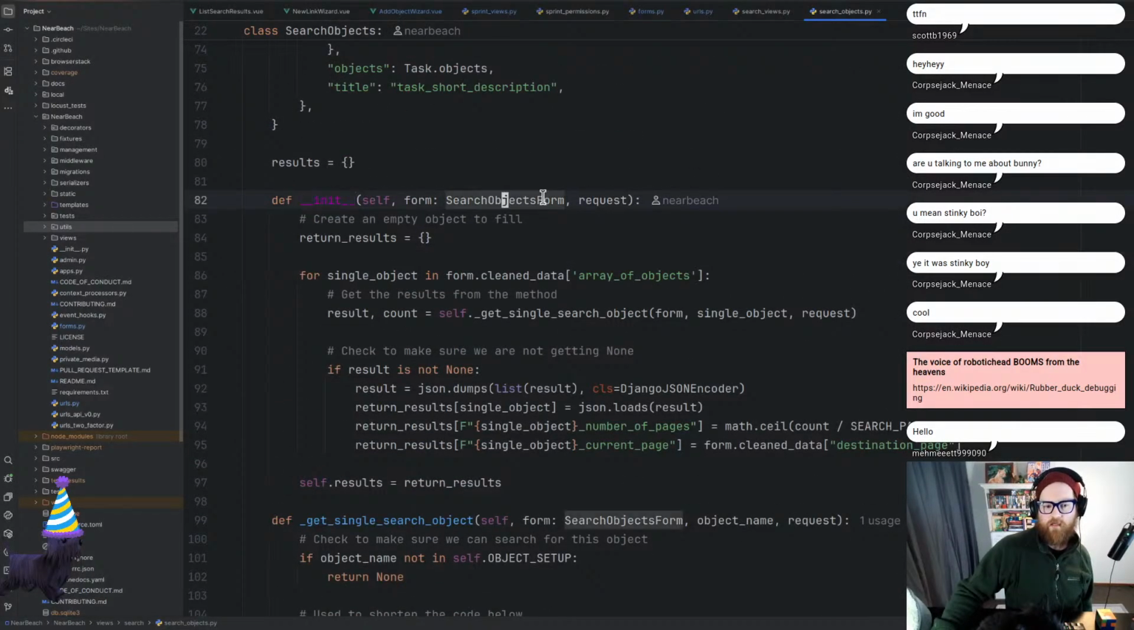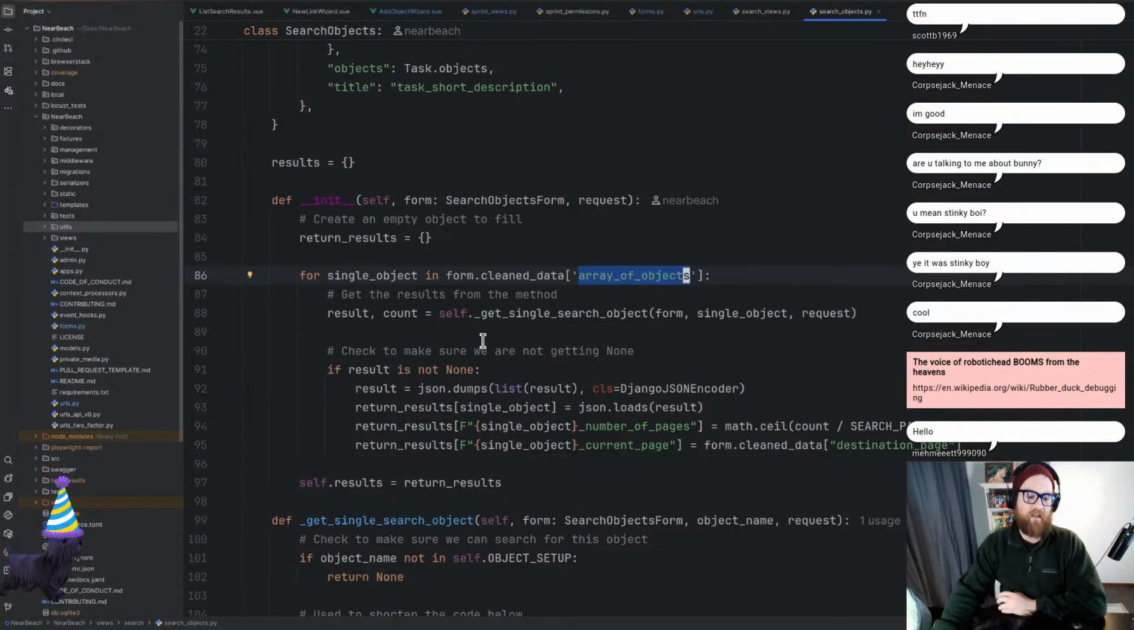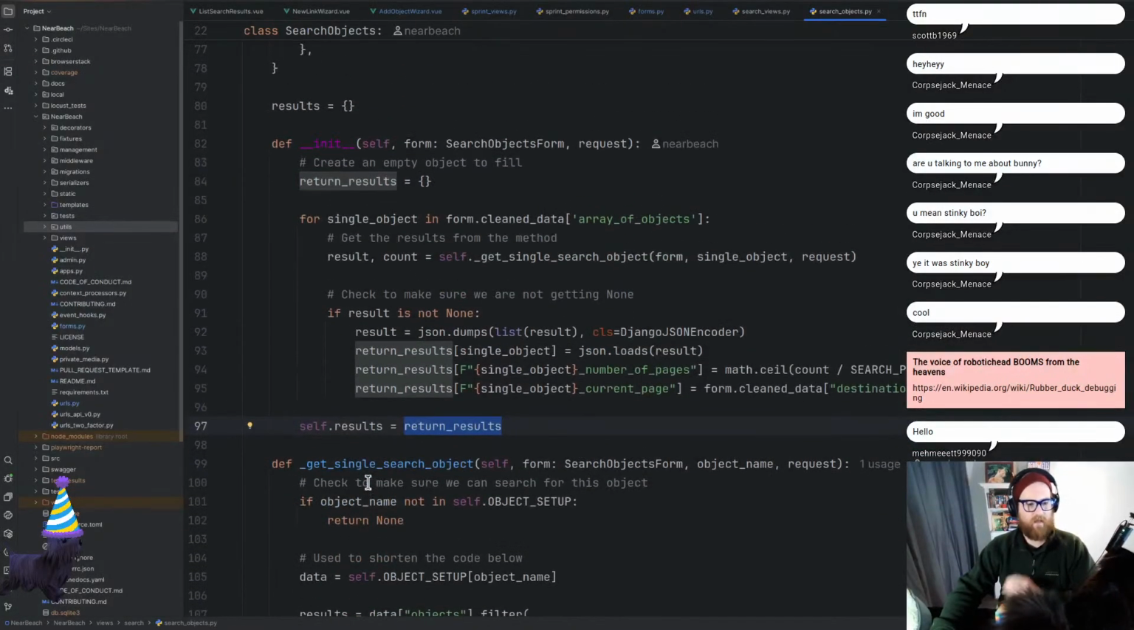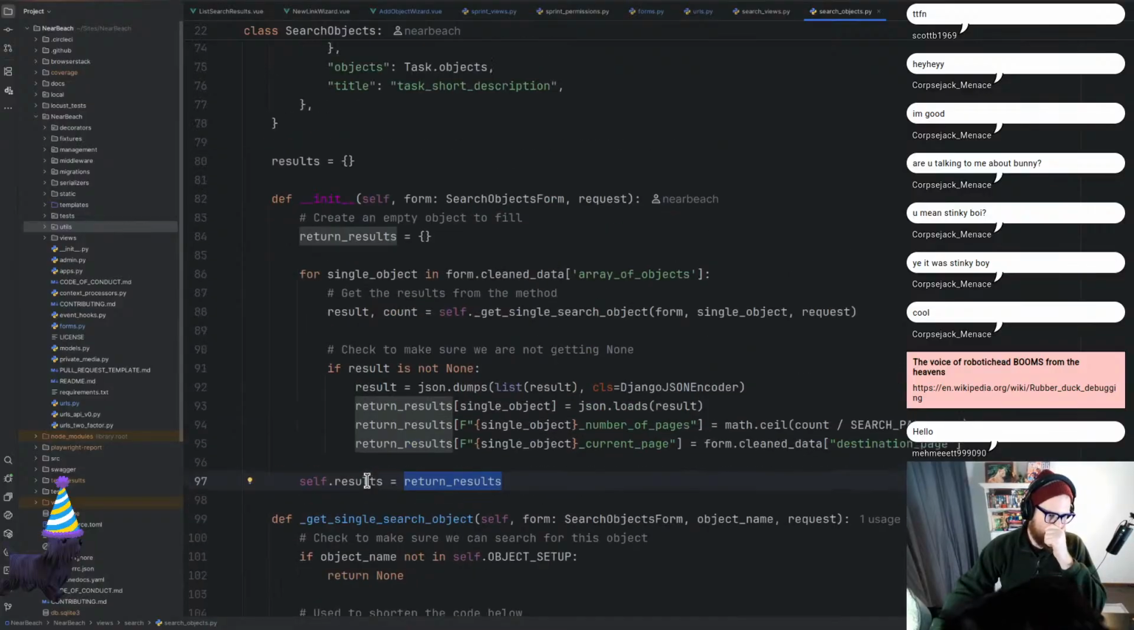So with the init, we got the search form and all that kind of stuff. We go through form cleaned array of objects. We actually go through each array of object and we key it in. All right. So for each object we insert, and then the results equals that. All right. And then once it's initted,